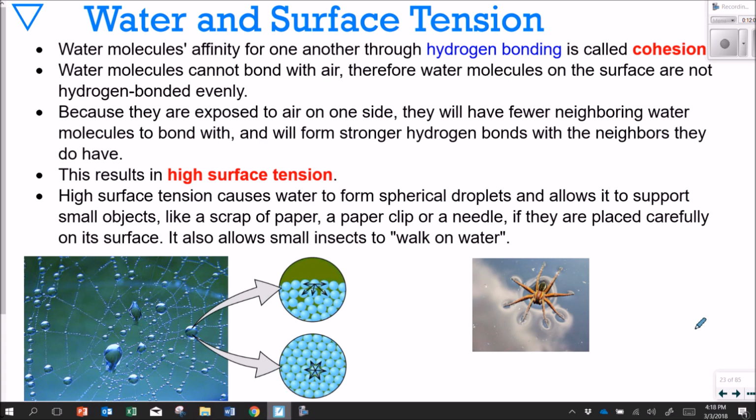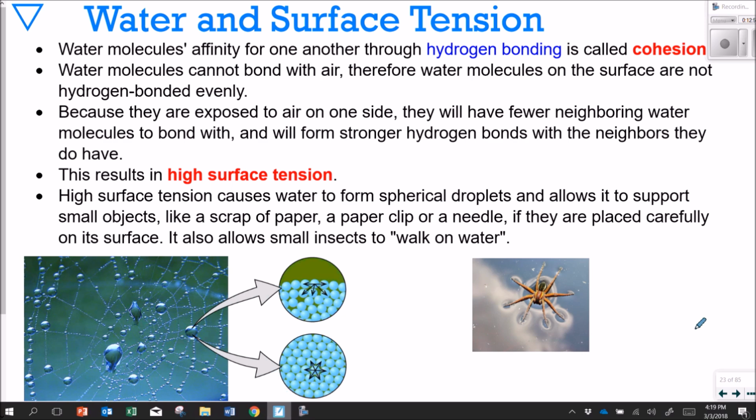Let's look at surface tension. Water molecules' affinity for one another through hydrogen bonding is called cohesion. The water molecules cannot form hydrogen bonds with air, so the water molecules on the surface are not hydrogen bonded evenly. They are exposed to air on one side, and they will have fewer neighboring water molecules, so they will form stronger hydrogen bonds with the neighbors they do have,